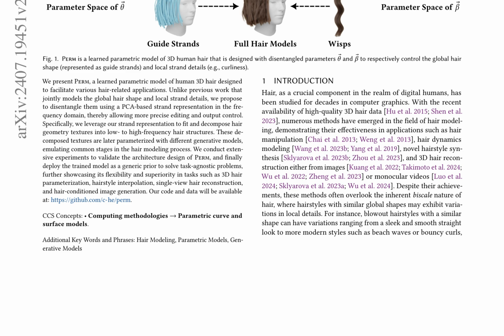The Perm model is designed to address the biscale nature of hair, where hairstyles with similar global shapes may exhibit variations in local details. By disentangling the global hair shape and local strand details, Perm enables more precise control over hair modeling and facilitates a range of applications. The authors make their code and data publicly available, allowing for further research and development in the field of hair